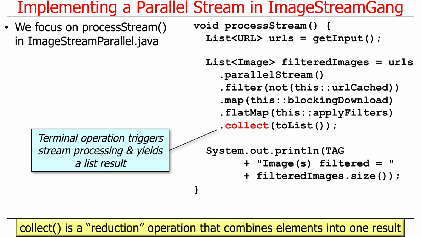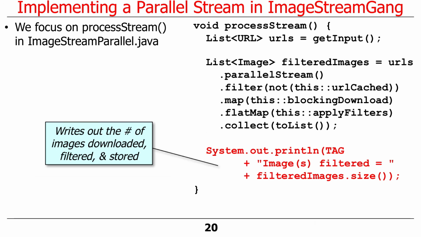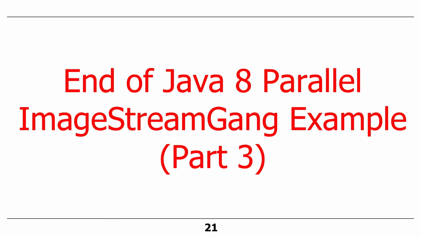All right, collect is a reduction operation that combines everything into a single result, which in this case is a list of filtered images. And right there, we just print out the result, but you could also display it too. Okay, so that's basically the end of